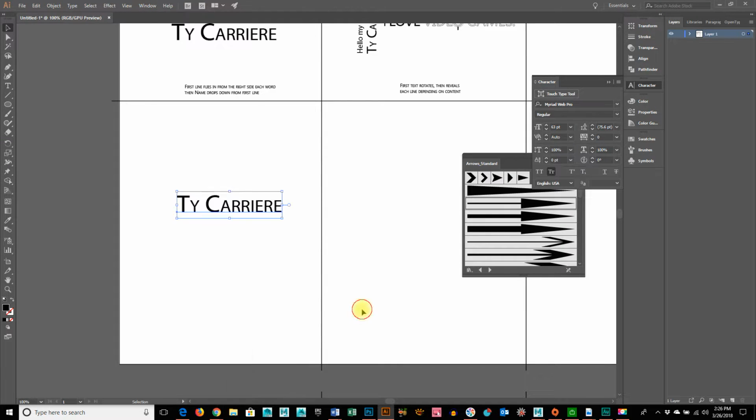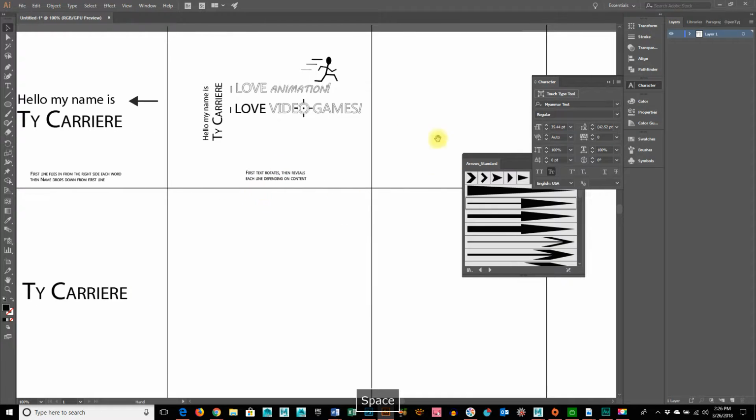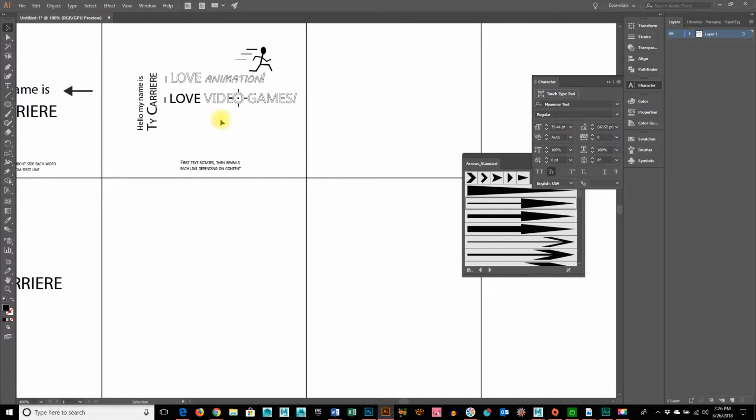So that's how I would start to plan it out. I would put down all the rows, and then I would do a quick description of how you're going to get there, right? Not like, oh yes, it's going to rotate approximately 30.56 degrees. It doesn't have to be that precise, but you want to have a plan. So like for this little guy, first the text reveal rotates, then reveals each line depending on content with